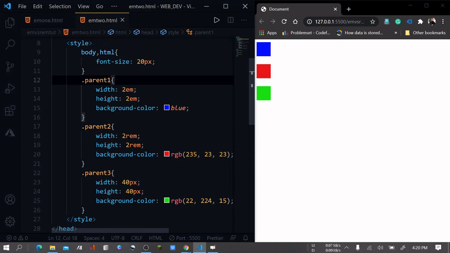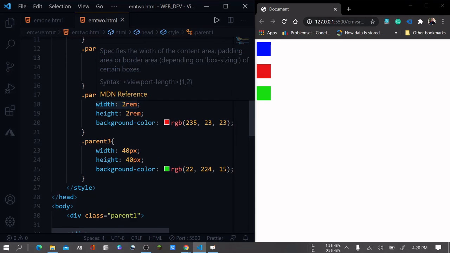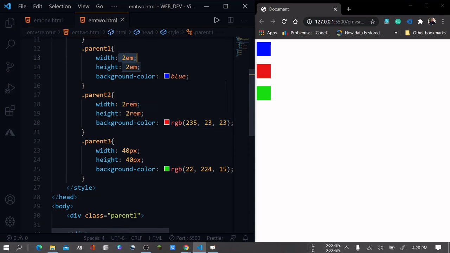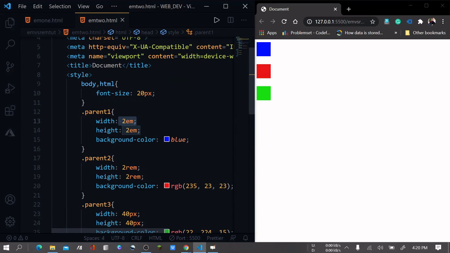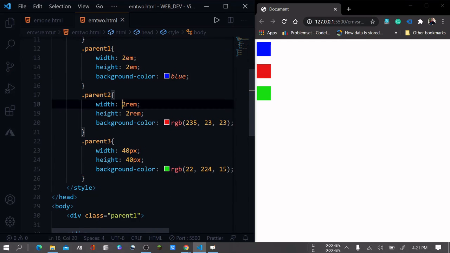Its parent is body, whose font size is 20 pixel, so twice 20 pixel is 40 pixel. 2 rem will look at the HTML document, and the HTML document's font size is not 16 pixel now, because I have overridden it here. So it is now 20 pixel, and twice 20 pixel means 40 pixel. So it is also 40 pixel by 40 pixel, and the green one is also 40 pixel by 40 pixel, as you can see here. That's why all these three look exactly the same.